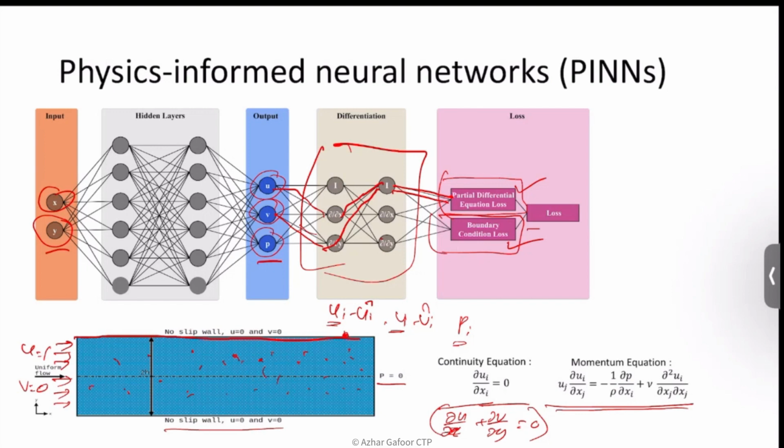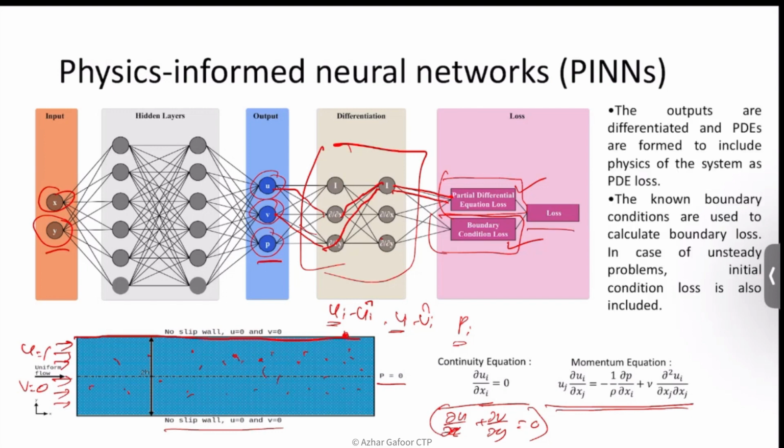So the difference between the normal networks and physics informed neural networks is in the formation of the loss. Here the outputs are differentiated and PDEs are formed to include the physics of the system as PDE loss. And the boundary conditions are used to calculate the boundary loss,